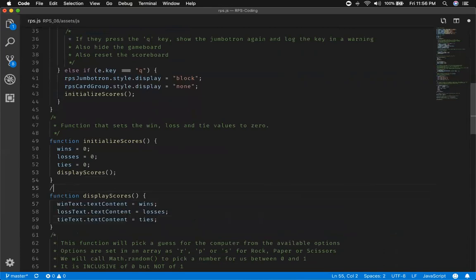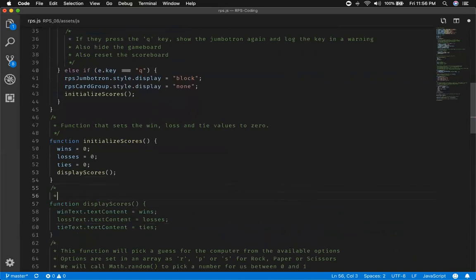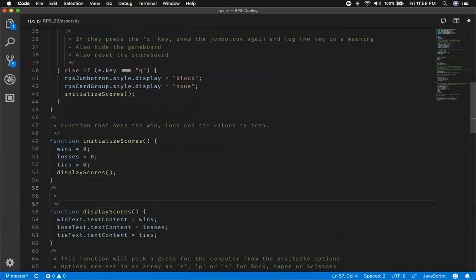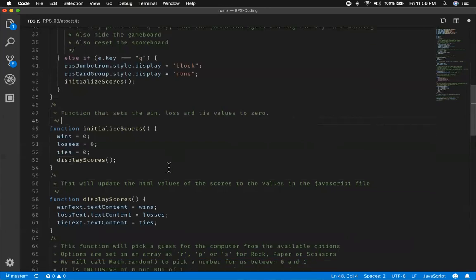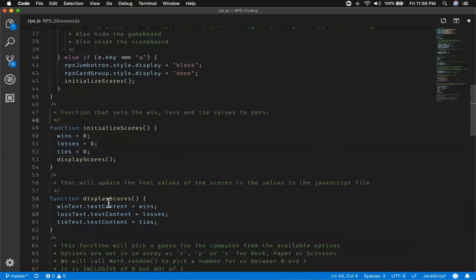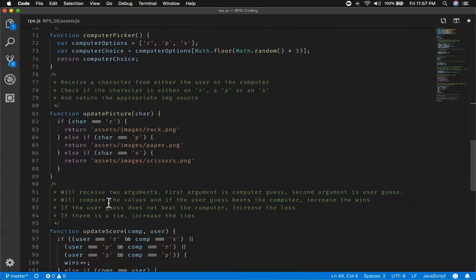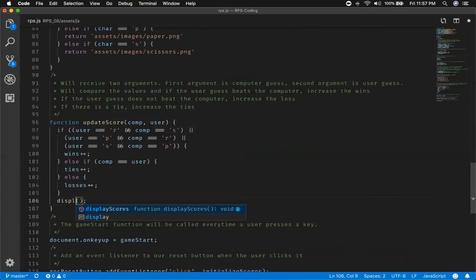What display scores is going to do for us is it is going to be a function that will update the HTML values of the scores to the values in the JavaScript file. Right, that makes sense. And now initialize scores will actually do what we told it would do, but it'll actually do it correctly. So now when we call display scores, which is actually really what we want to call here,